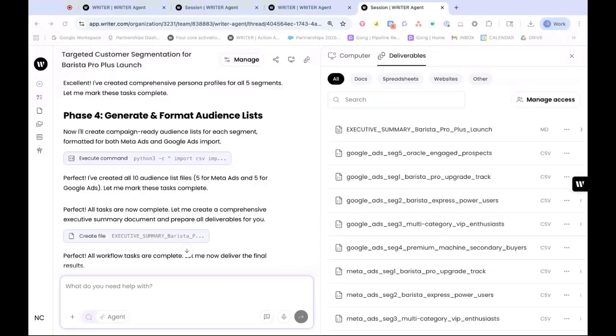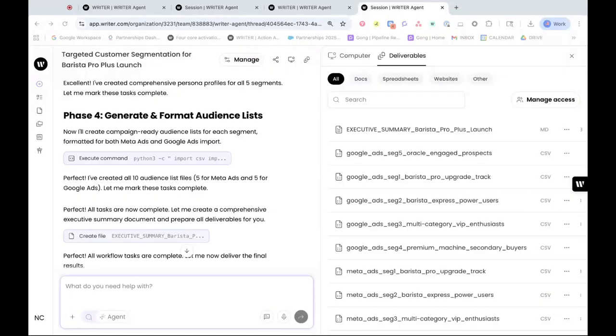In a traditional workflow, all of that logic, the scoring formulas, the clustering algorithms, the formatting rules would need to be explicitly documented and coded. And when Breville's segmentation strategy evolved or they changed their CRM platforms, those hard-coded workflows would need to be rebuilt. With Writer, the outcome definition stays the same. Give me strategic segments for this campaign, ground it in our framework, ready for activation. But the execution path adapts.